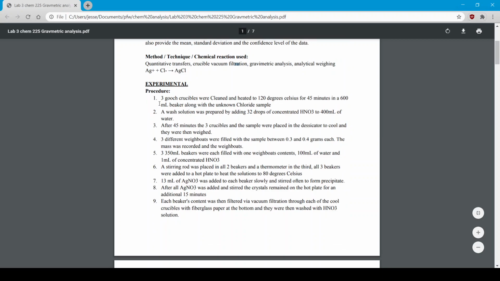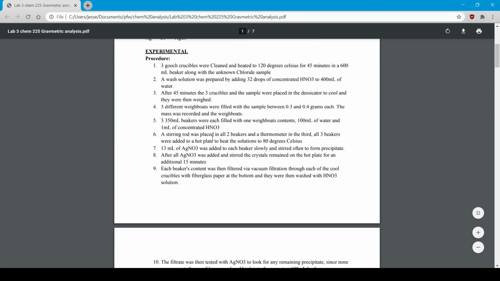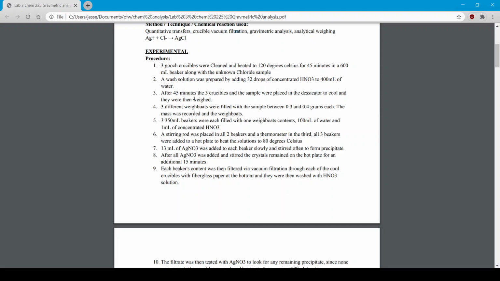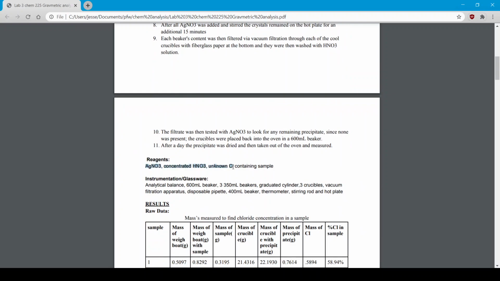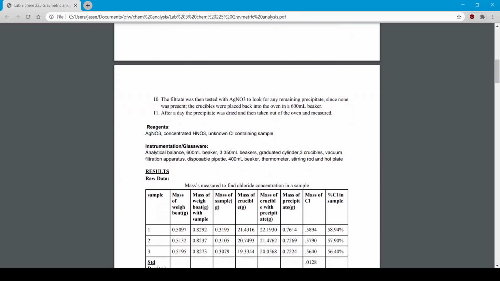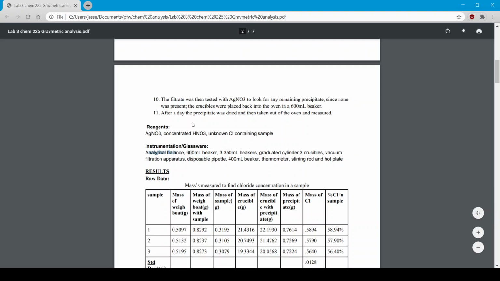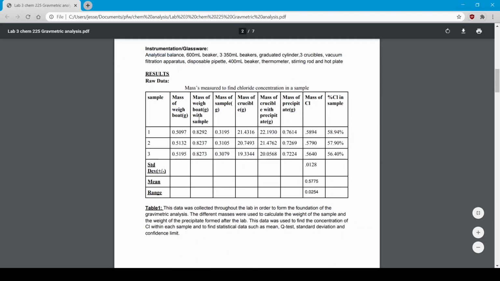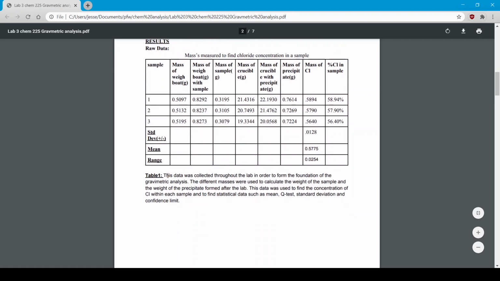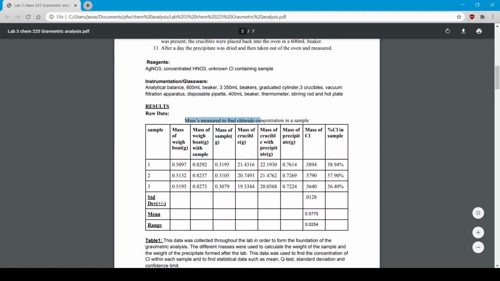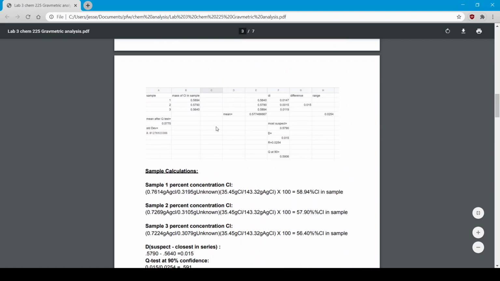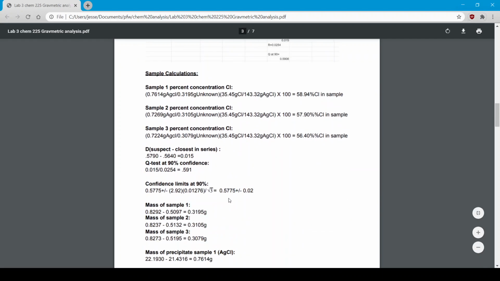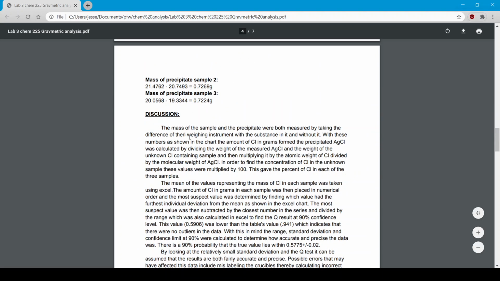exactly what you did step by step, written in the third person without saying I, essentially written without the first person in the past tense, without using I, we, reagents, chemicals used, basically what chemicals used in the lab, instruments and glassware, what you used to put the chemicals in, so beakers, what you weighed on, which is the balance, raw data, a table of all your values that you found, a description of the table with units, title, etc., pictures of exactly where that table came from if you used a separate software, calculations and how you got the values of that table,